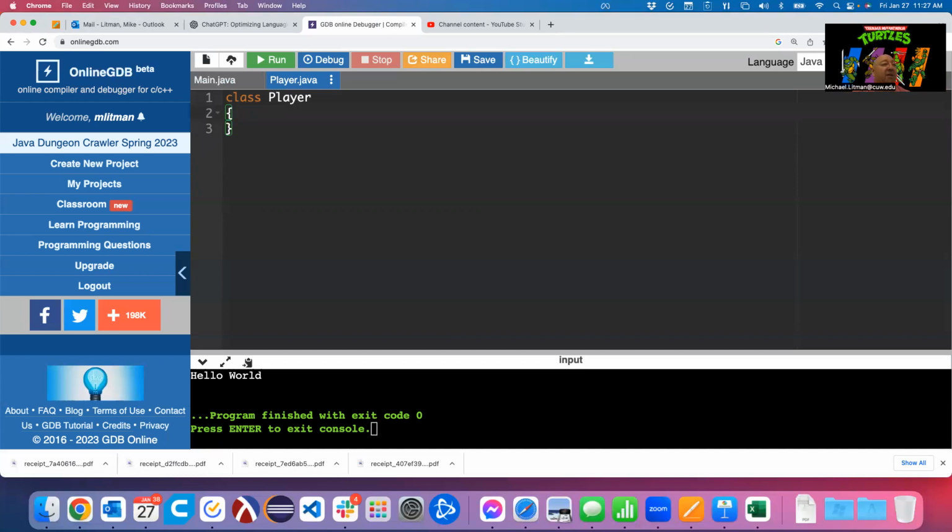All right. So notice a couple of things here. I don't have the little semicolon there at the end of it that we had in C++. I think it actually probably wouldn't hurt anything. Notice I also don't have the header file and the CPP file. Right? Doesn't exist in Java.